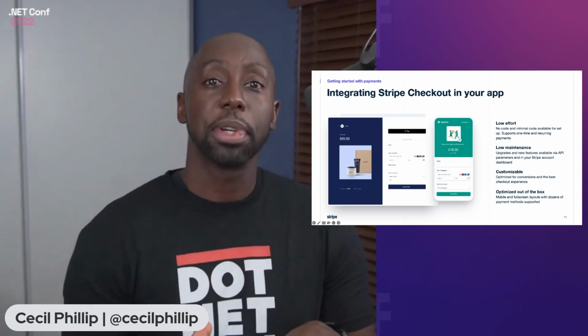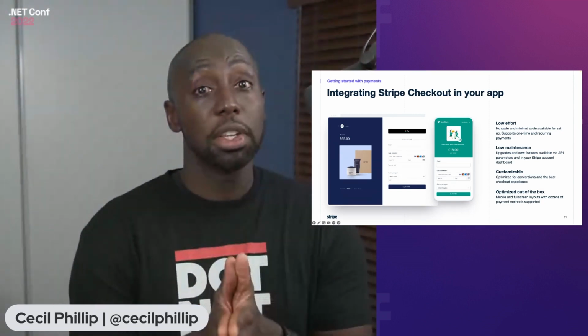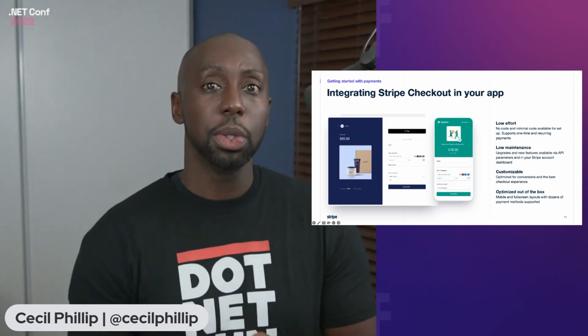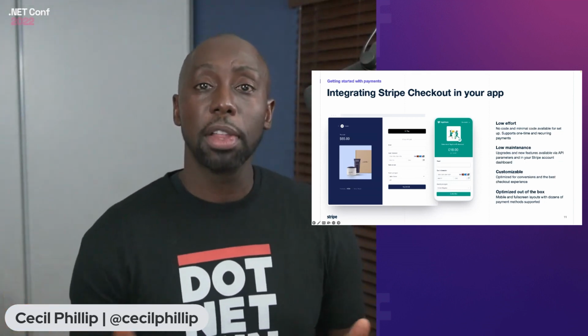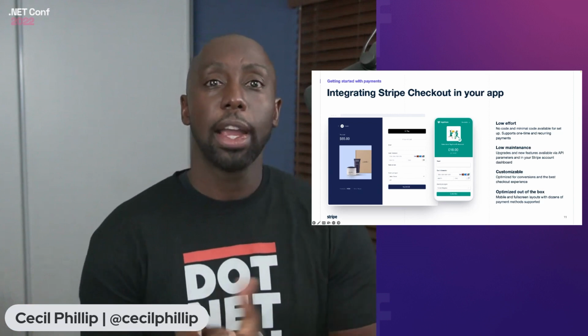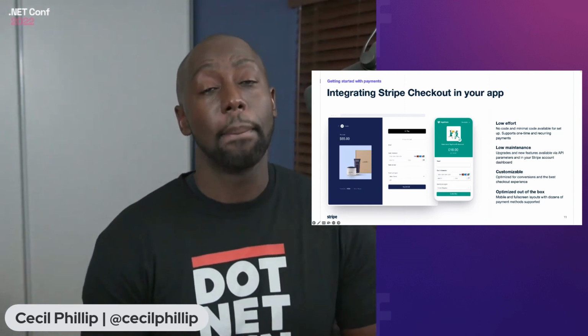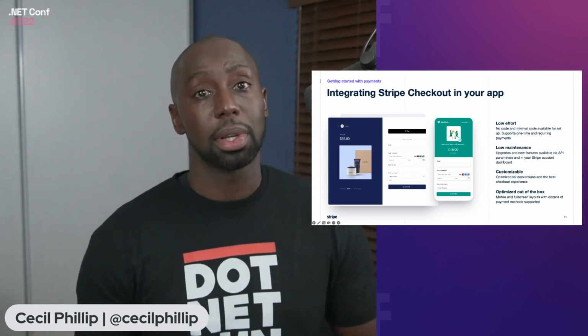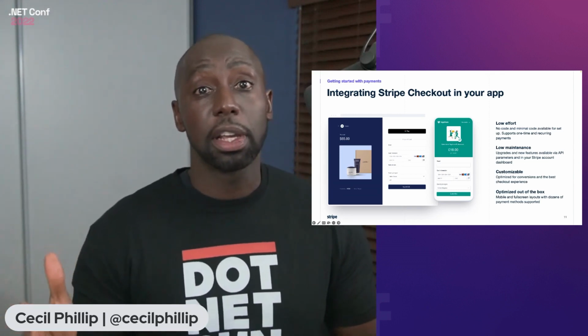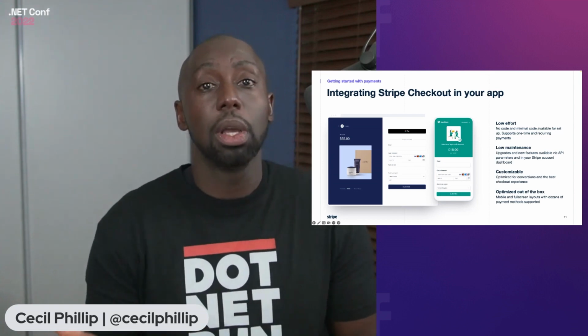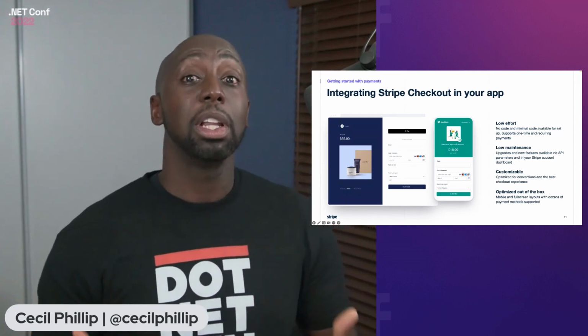Another cool thing about Stripe Checkout is that if you want to customize it, all I really need to do is probably hit a couple of check boxes and flip some switches. And now I could do things like, well, maybe I want to accept coupons or apply discounts, right? Maybe I want to collect addresses and phone numbers, some of these different things. Or maybe I want to turn those things off, right? All depending on what you're trying to do, you have the ability to do that.